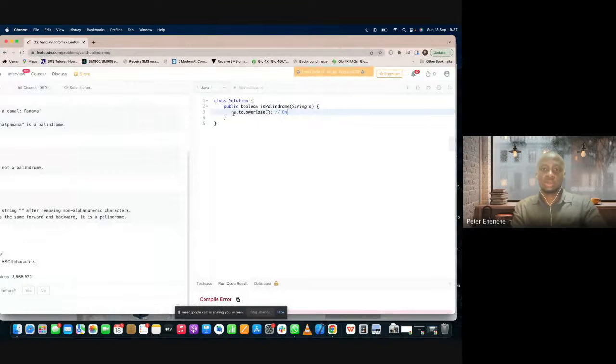So we have converted S to lower, right? And in this case, I want to create another memory because I can't update the value of S here in Java. So let me say string v equals S to lower. This is an O of n operation. Then we want to say,